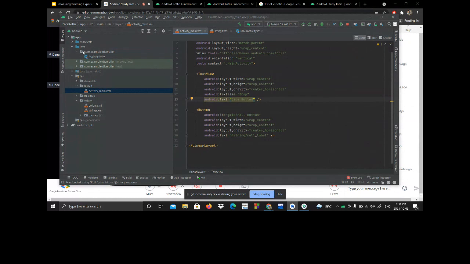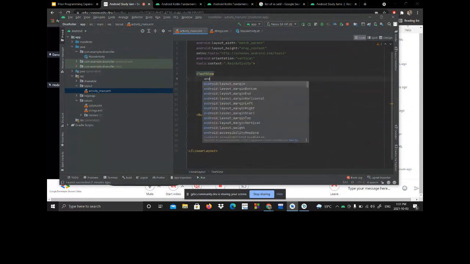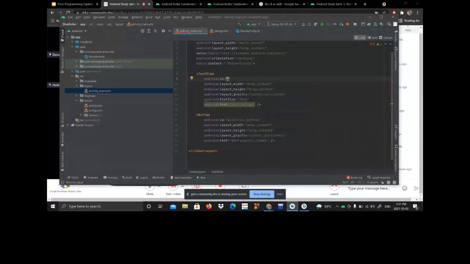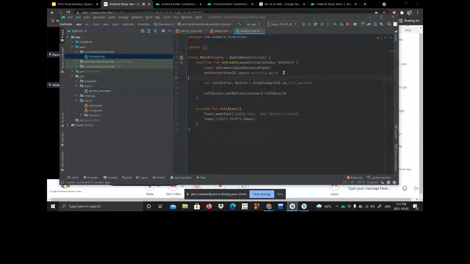And then we will open the activity XML, and we will add an Android ID to the text view. So android:id equals @+id, and we will name it result, in our case, result_text. Here we go. We will then open the main activity file, and inside the roll dice method,